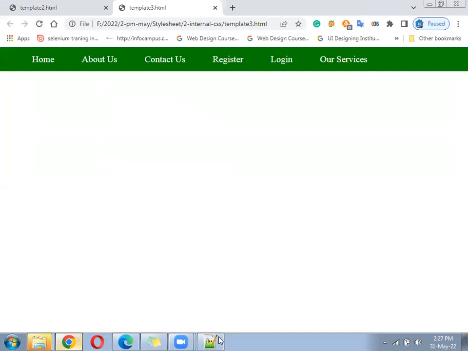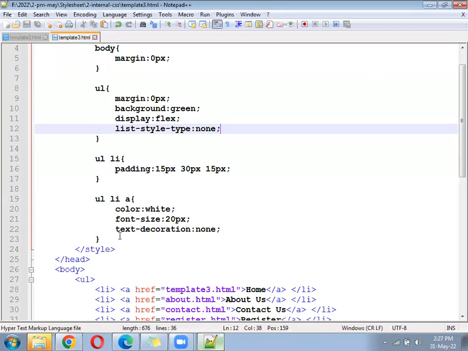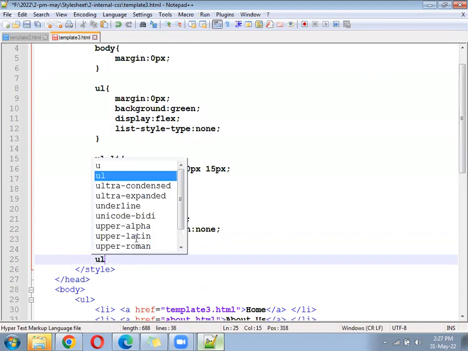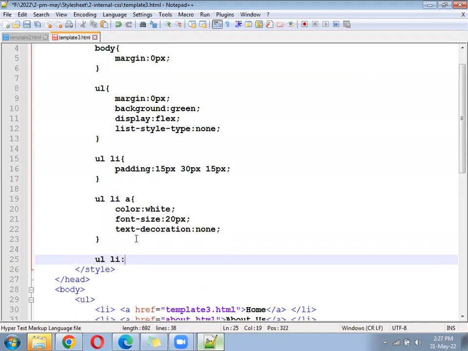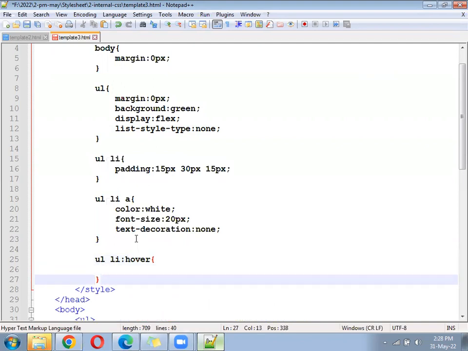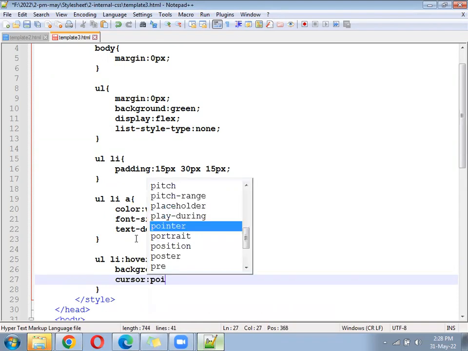Now we can use one hover effect here. UL space li colon hover, UL li hover, background will be orange color, cursor colon pointer.